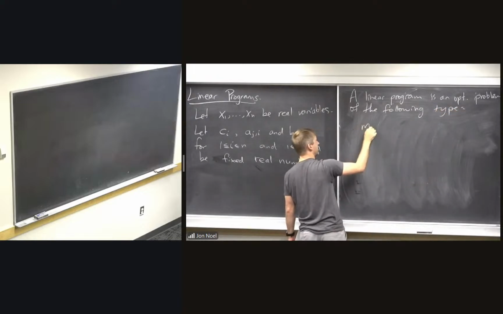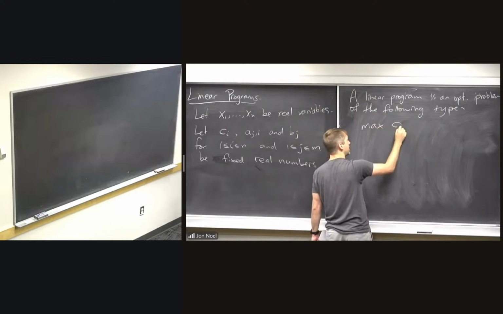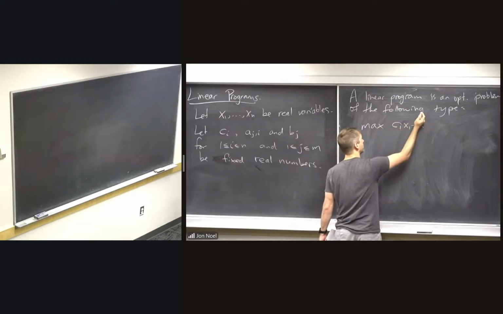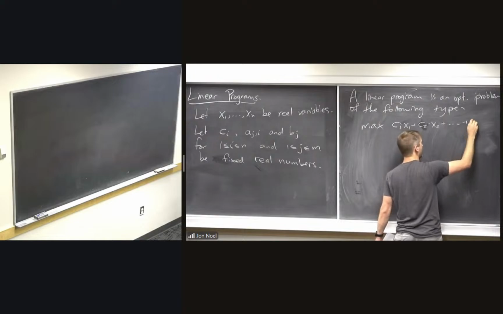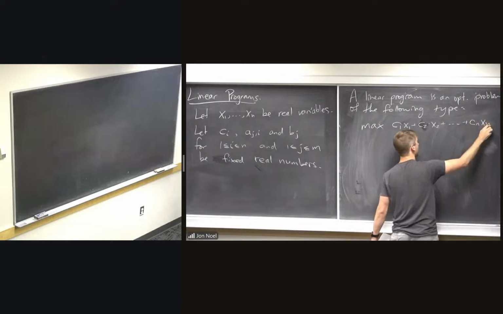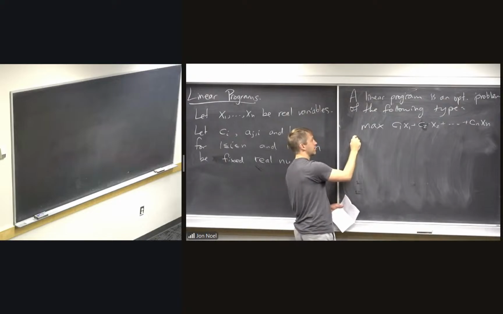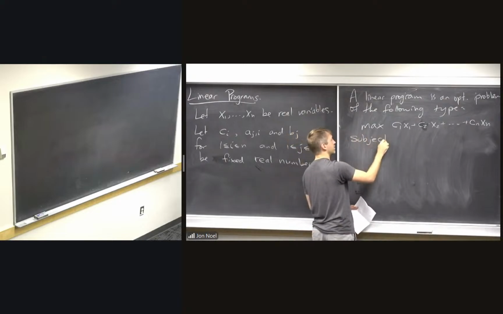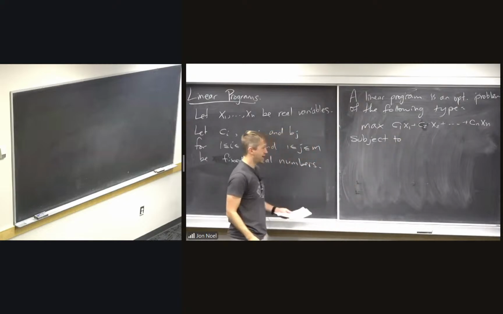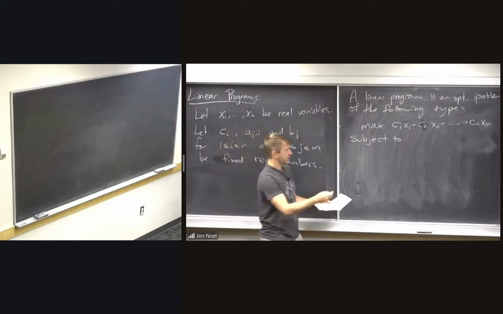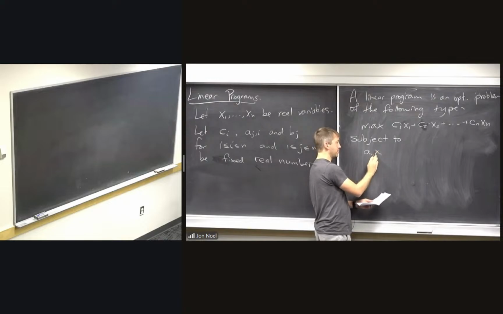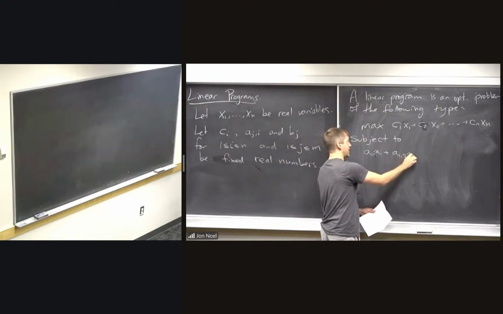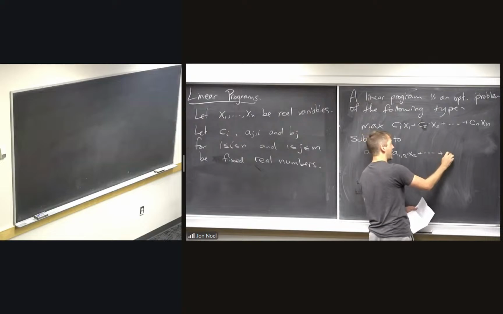We want to maximize c1 times x1 plus c2 times x2 plus ... up to cn times xn, subject to the constraints that a11 times x1 plus a12 times x2 plus ... up to a1n xn